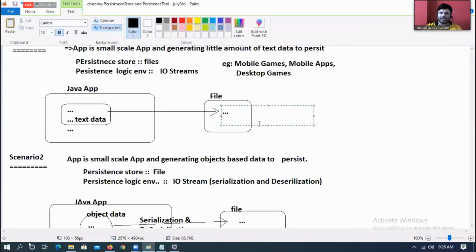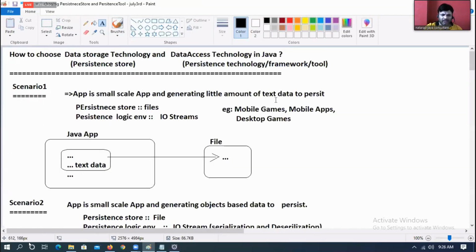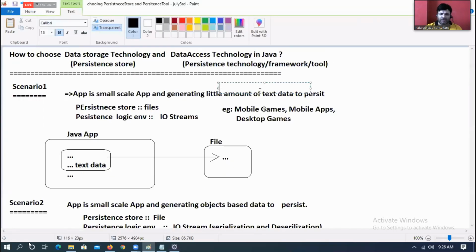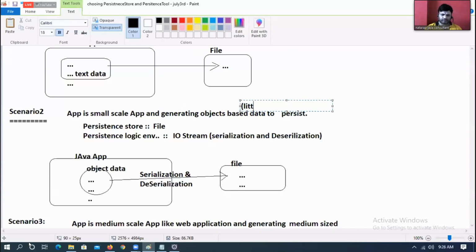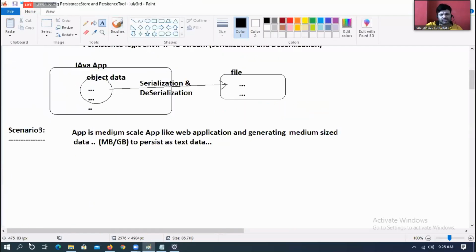Sir, what about this situation? What kind of data here? Little amount of data, generally KBs, small scale application, objects based data. Here it is megabytes or gigabytes.